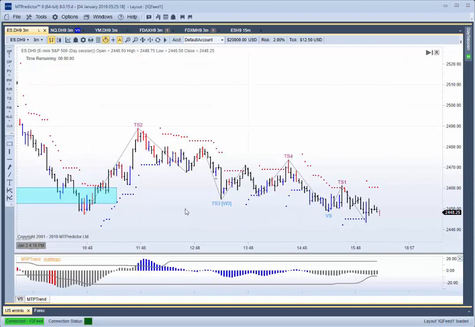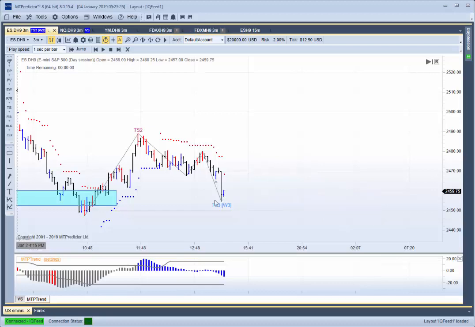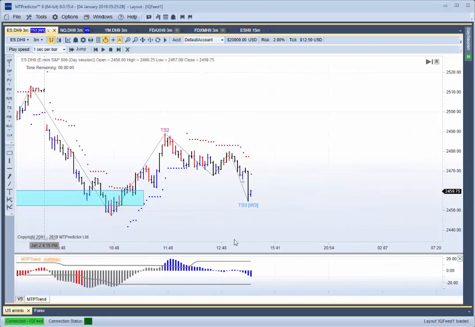Later in the day, there were a couple of good setups that unfolded, particularly this one here. Can you see this one? So if I go back and have a look at it at the time, it's always important to see what these would have looked like at the time. That looked like it was a good setup,